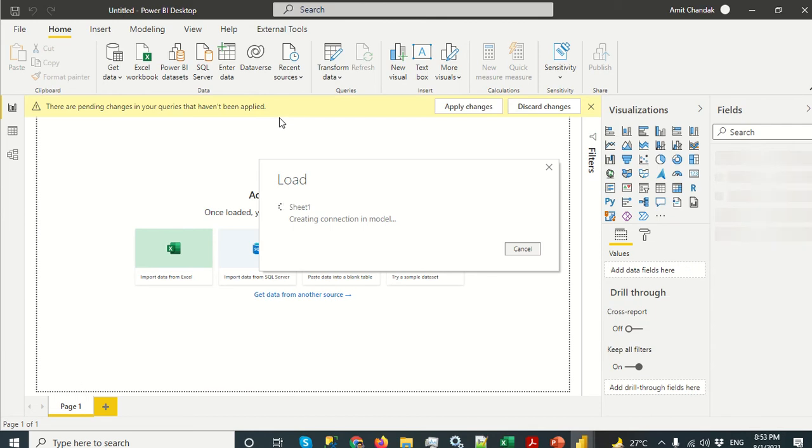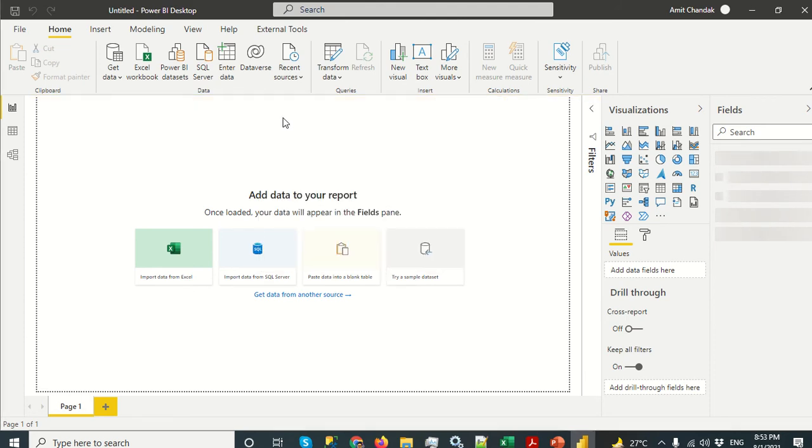So data is getting loaded. I've created a little bit of data so that we can cover the current second, next second and all those. It's going to be very similar to what we have done the other time. Once it is loaded, we are going to go to transform data, and there we are going to do these transformations.